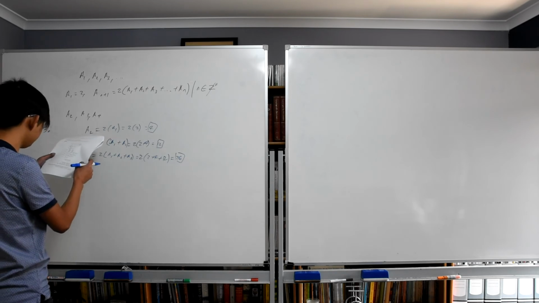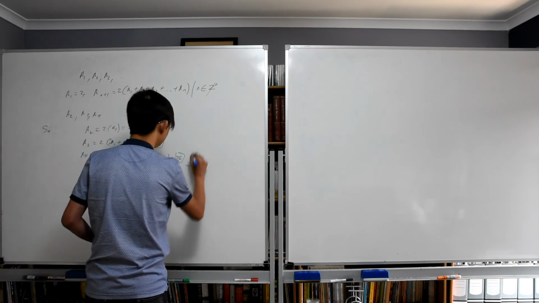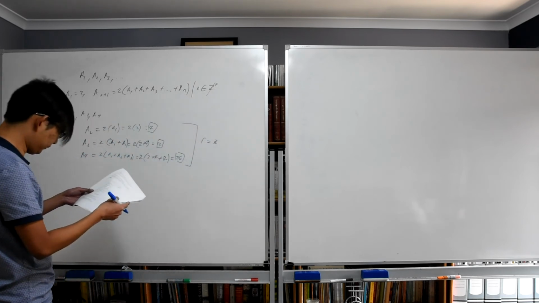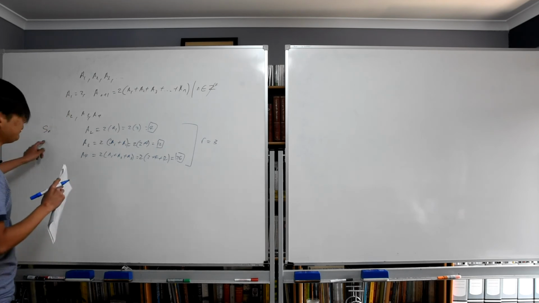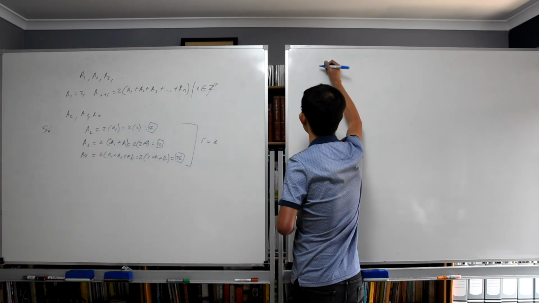Hence a2, a3, and a4 are in geometric progression with common ratio equal to 3. For the sum of the first n terms, we're going to see that